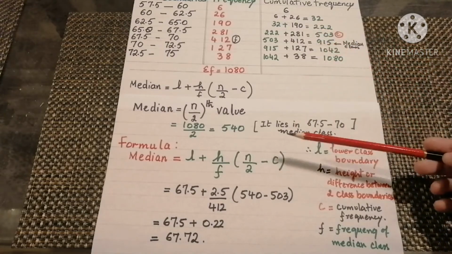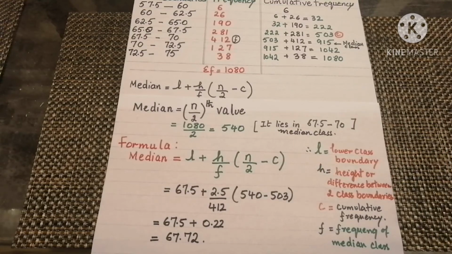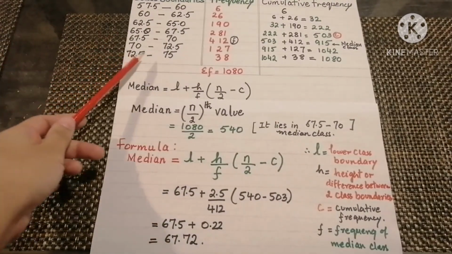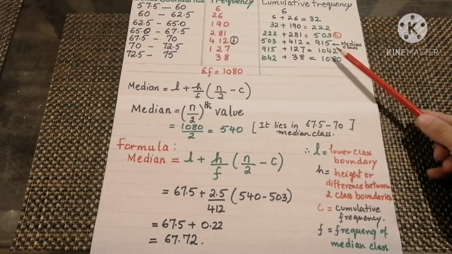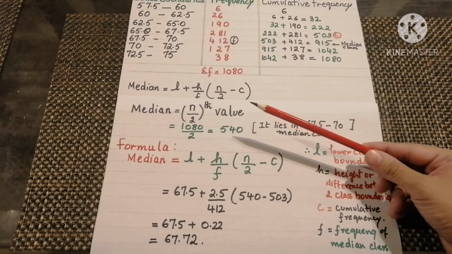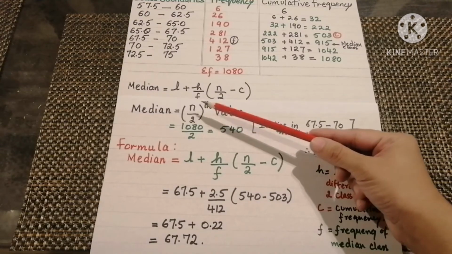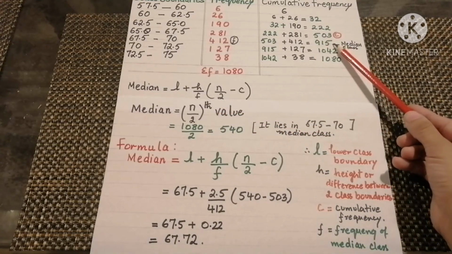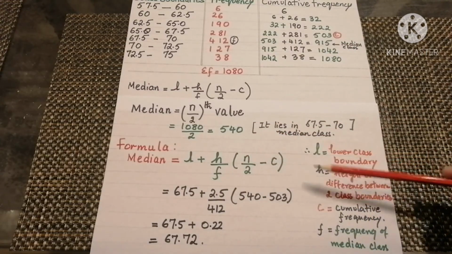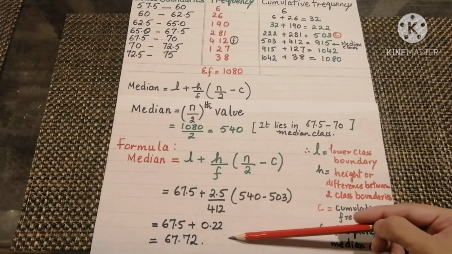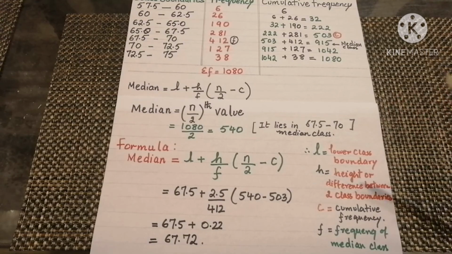In this way we have solved the problem for calculating the median for the group data, in which class boundaries are given, frequencies are given. We have to make a column for cumulative frequency, then we will substitute the values in the formula for median so that we can locate the median class. After locating the median class we will find the values of L, h and c and we substitute them in the formula and we attain the answer. Hope you have understood the whole concept, which is very simple.